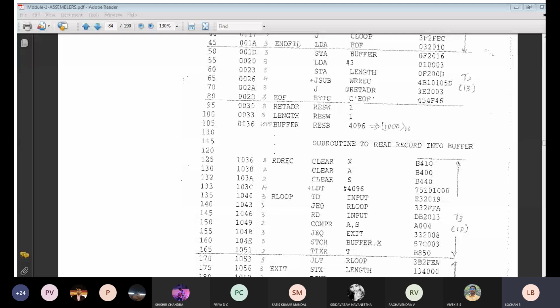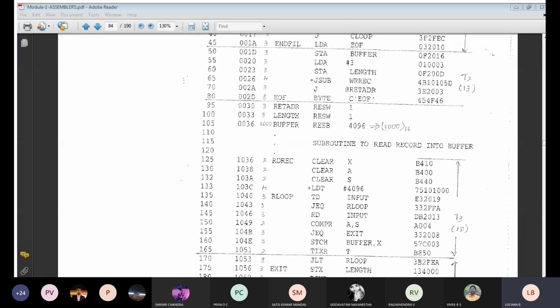For that particular case, whenever you are going to jump an instruction, we need to calculate an address. Previously, whatever we have calculated, either it is format 3 or format 4. After 105, they have given an instruction with respect to 125. These are all questions. Don't think that they want to give them serially. Randomly they can give the values. For those particular instructions, we need to calculate your address value and your object code. You can ask me, sir, 105 is there, why have they not given 106, why not 107? That random value they have given, that's their choice.